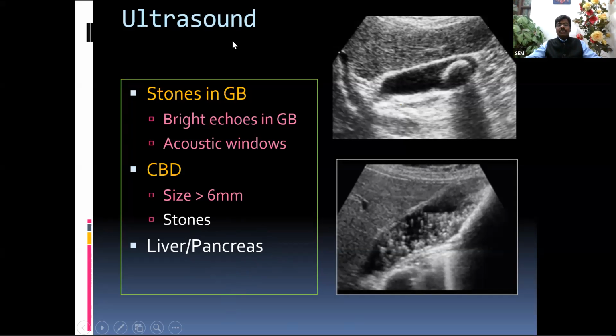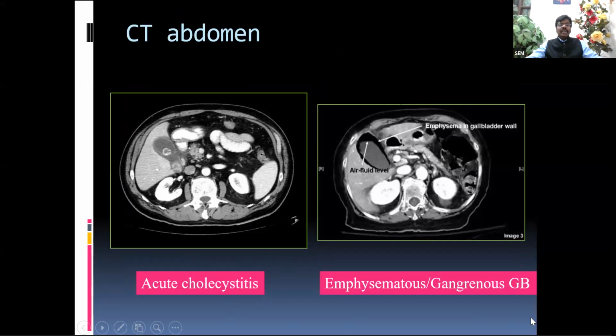So ultrasound gives you a lot of information, and that is why it is important. And what other investigations can we do? I told you CT is also helpful, because CT abdomen is very important for all acute abdominal conditions of our body. CT abdomen is also very important for staging all abdominal malignancy, or malignancy anywhere in our body, because CT abdomen, as I told you in the last few classes, gives you the